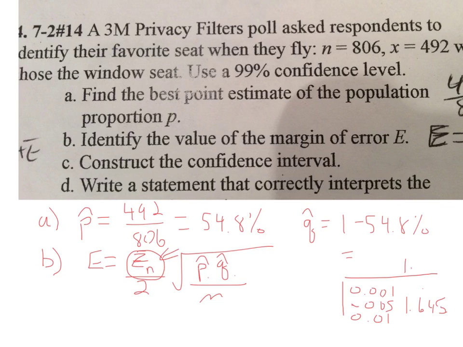I think there's one that's 1.9, 9 something something. And I just don't have the values here in front of me. All my books are at Trent there. So all you're going to do is fill those values in. This is the square root here. And fill in the numbers that we already have, and you'll get your error, and that will answer question B for you. So constructing the confidence interval for C, if I can squeeze it in here,